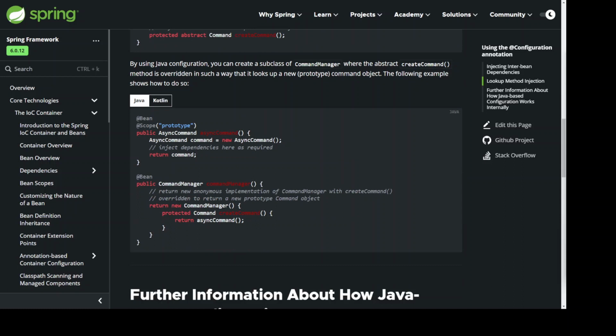@Bean @Scope("prototype") public AsyncCommand asyncCommand() { AsyncCommand command = new AsyncCommand(); // inject dependencies here as required return command; } @Bean public CommandManager commandManager() { // return new anonymous implementation of CommandManager with createCommand() overridden to return a new prototype Command object return new CommandManager() { protected Command createCommand() { return asyncCommand(); } } }